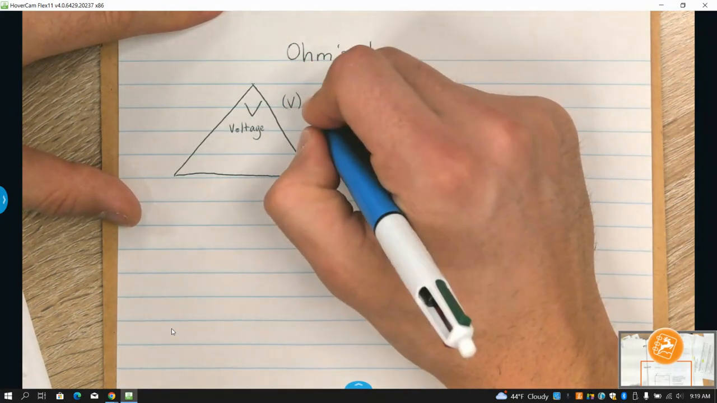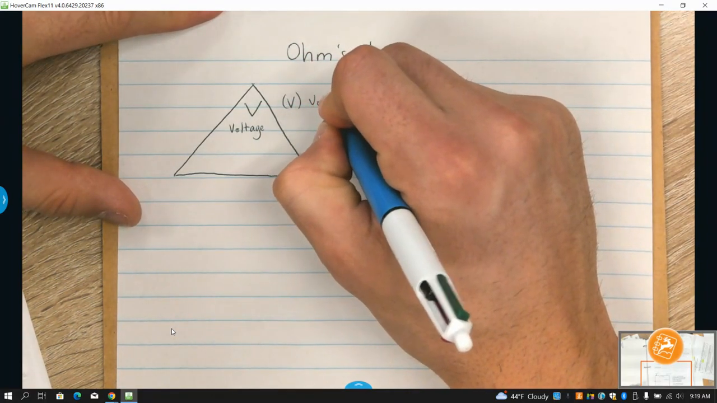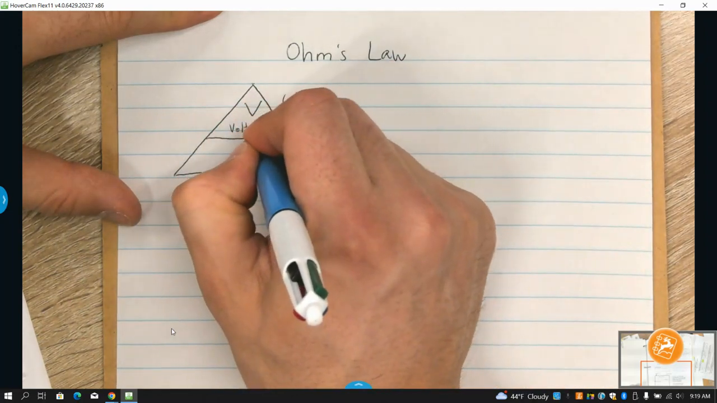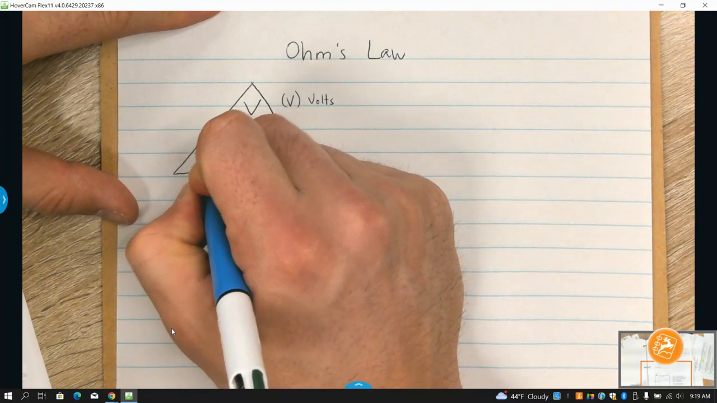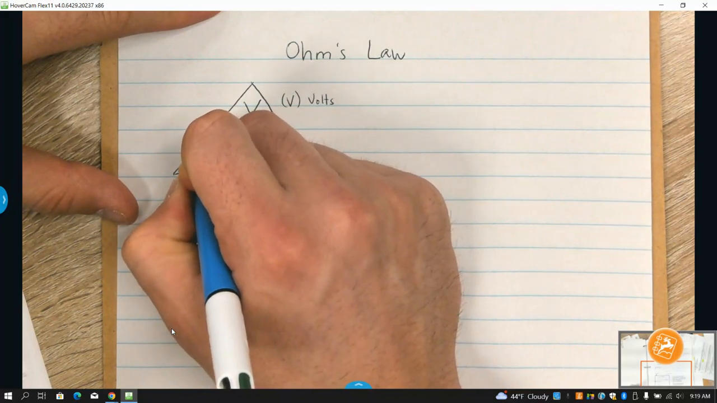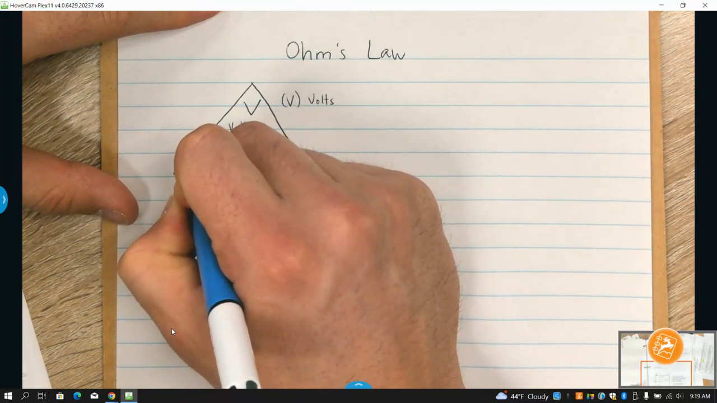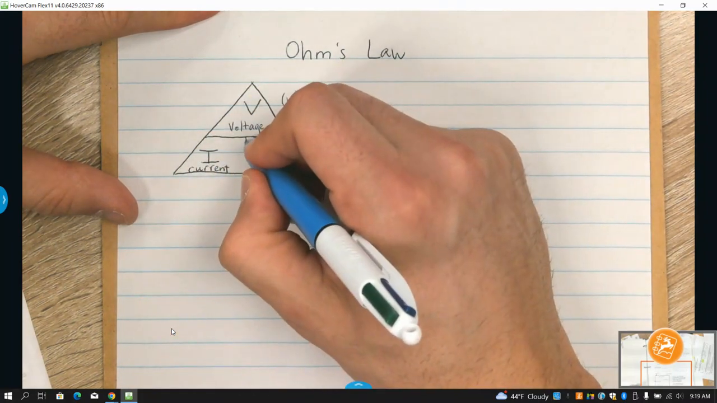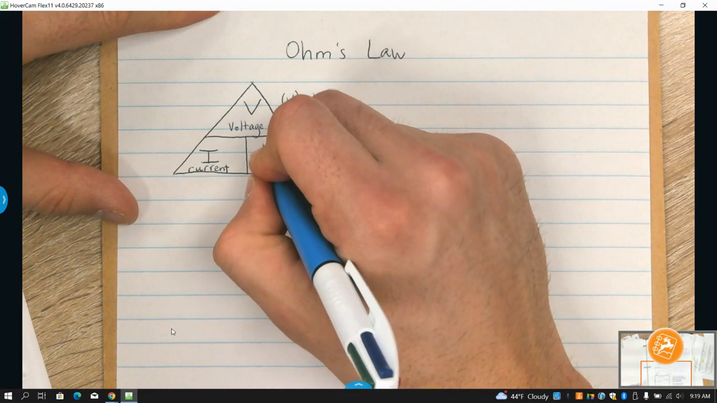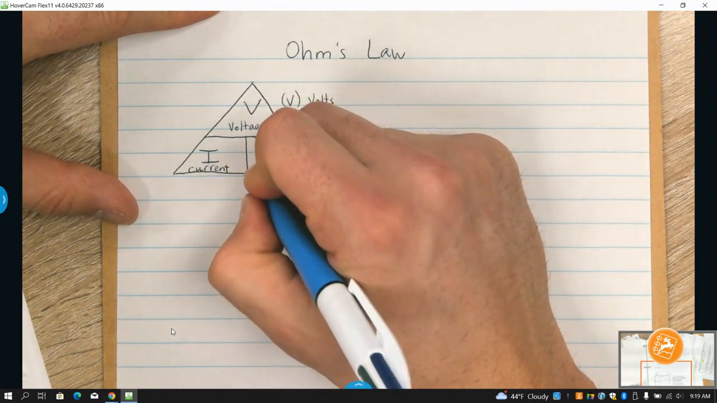Yep, I know they're both capital V's. That's great. We have our current, which is going to be represented by a capital I. It just is, so get over it. And R